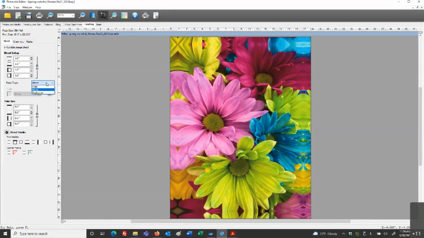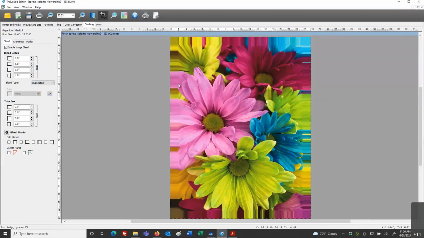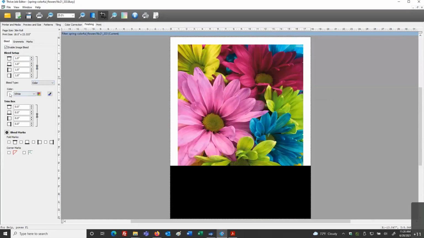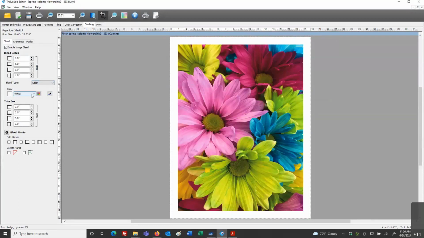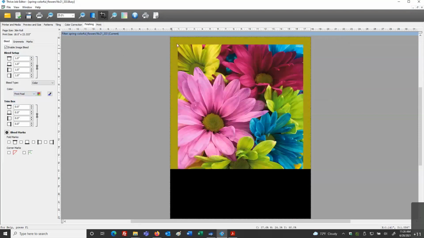The bleed type is going to be controlled here. This is a mirror image, but I can also select duplication, where it takes the very edge pixel and duplicates it out. Or I can select color, and our color settings are here. Defaults to white. I can say first pixel, which will be the upper left corner of the image.